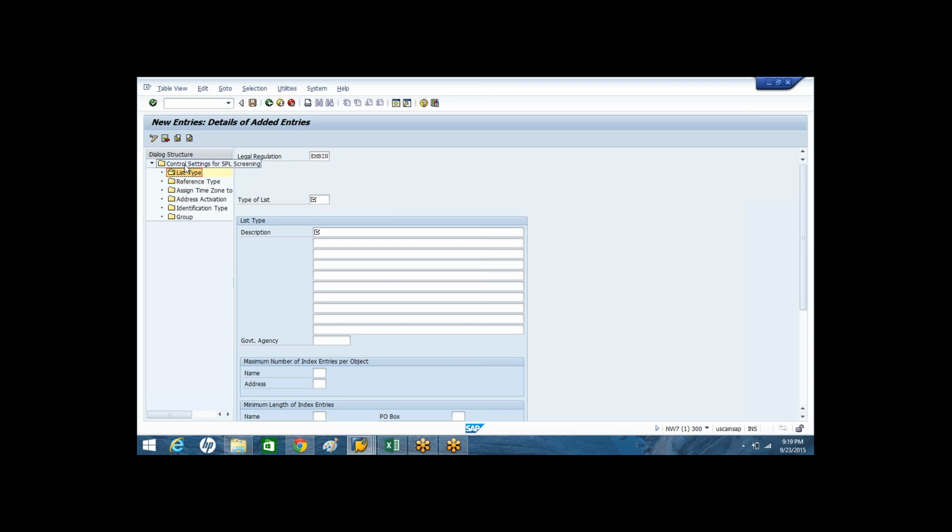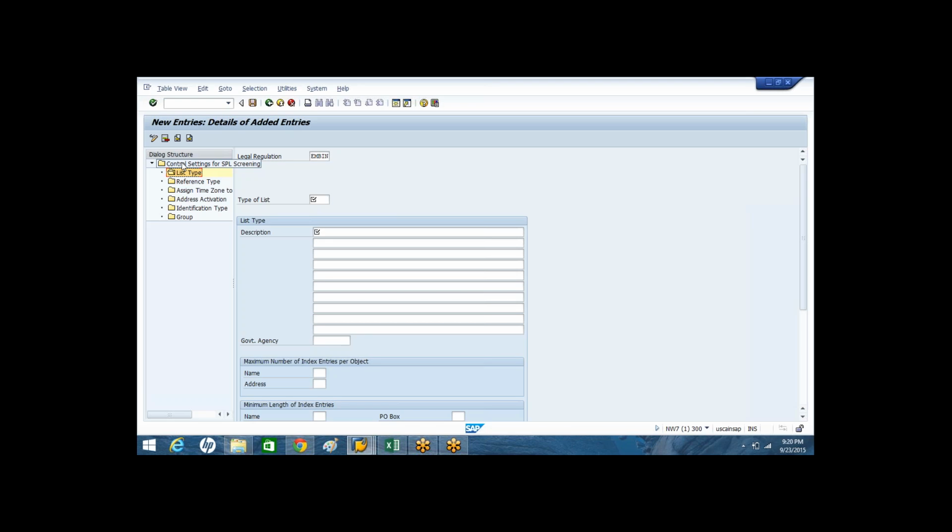So like this, all the different categories your SPL members belong to need to be maintained as a list type in the SPL configuration. Everybody understood?